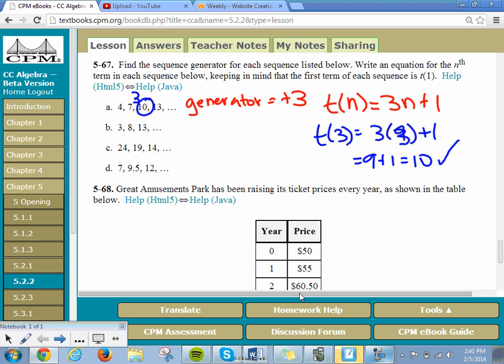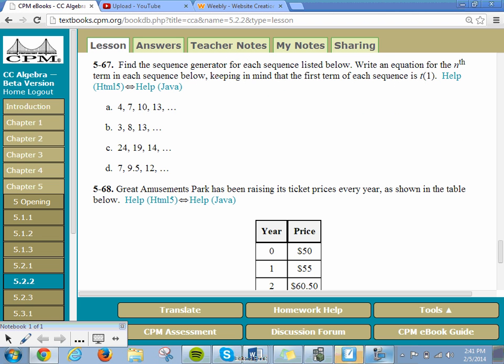So again, our generator is plus 3, and the equation is t of n is equal to 3n plus 1. Let's do one more together. Let's look at one that is